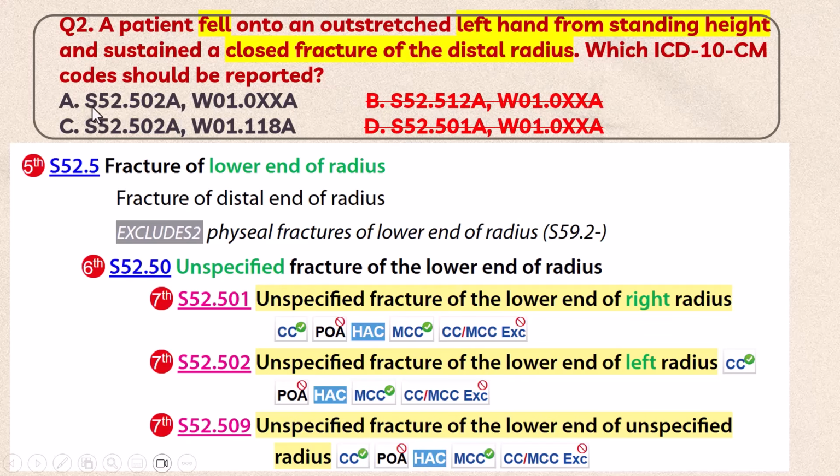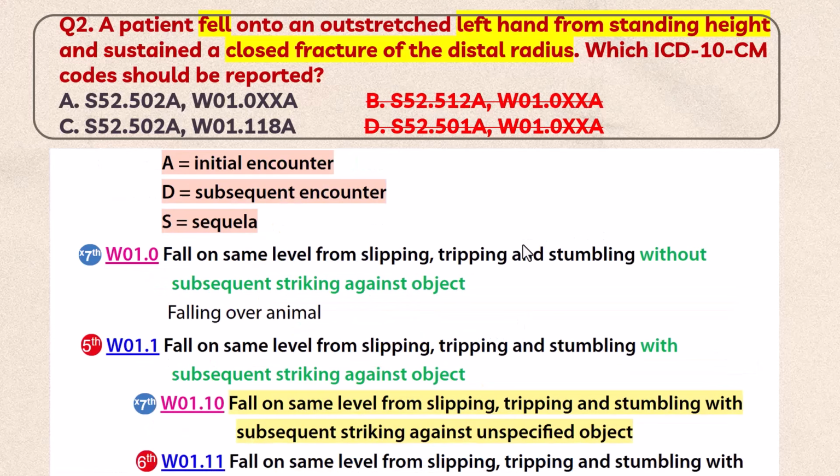So here you can eliminate other 2 answers. So this S52.502, there are 2 answers A and C available. So you can eliminate this B and D. So let's go to the external cause of injury codes. So here when you go the code, W01.0 is fall on the same level from slipping, tripping and stumbling without subsequent striking against object. Other code 1.1 is subsequent striking against an object. But in this case, it is not mentioned any object. So you can use this one,